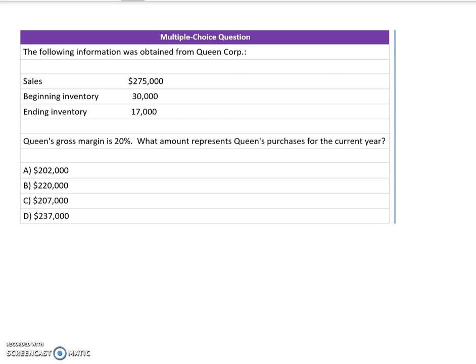year. So what do we know about purchases? It's always going to be associated with cost of goods sold. We don't know our cost of goods sold in this question, but we do have enough information to back into that. So what is the information that we have? We know our sales amount, and we know what our gross margin percentage is. So we can back into our cost of goods sold amount because we know that our gross margin is 20%